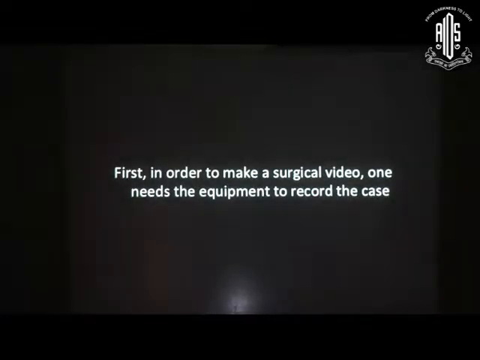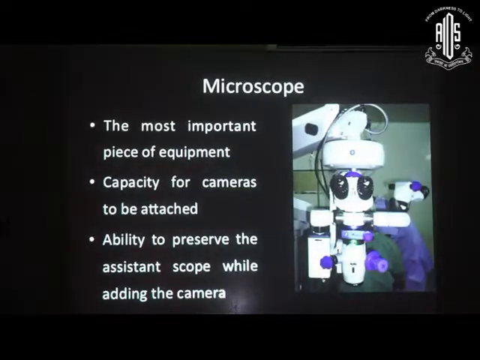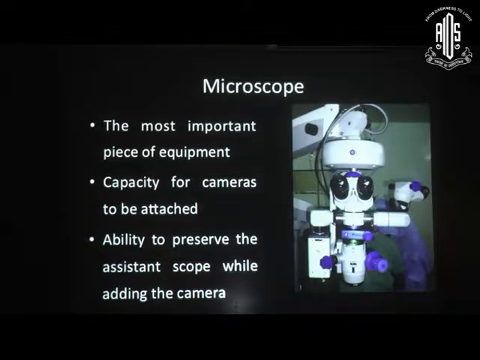Like was mentioned in the previous speech very nicely, the first and the most important thing that you need to have is a proper microscope. And the microscope in vitrectomy surgery needs to have two things. One is an attachment that allows you to have the camera, and the other is the